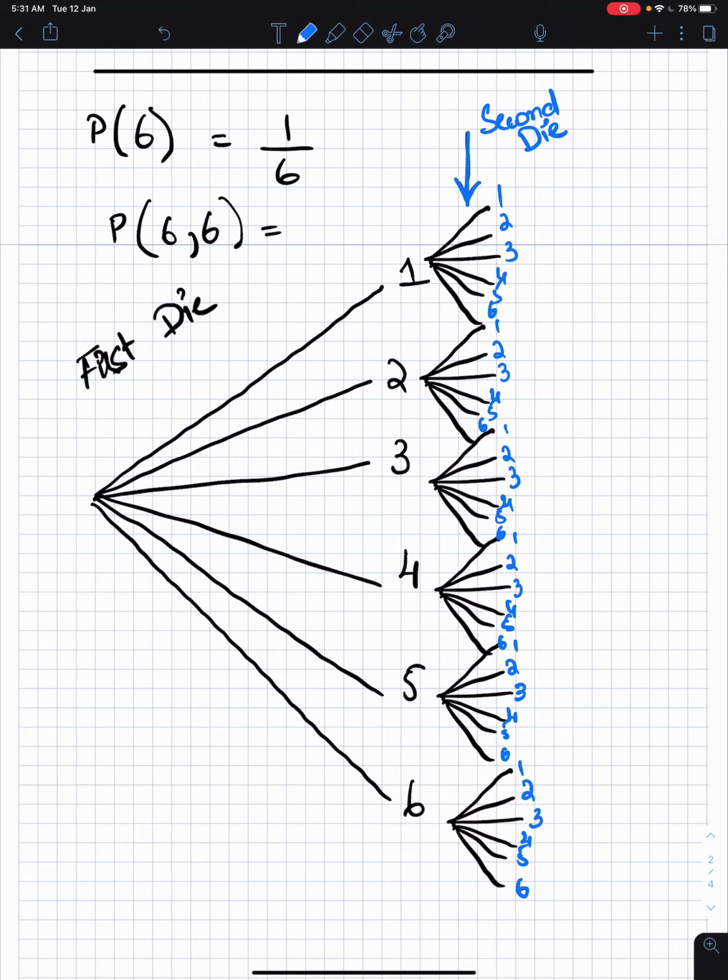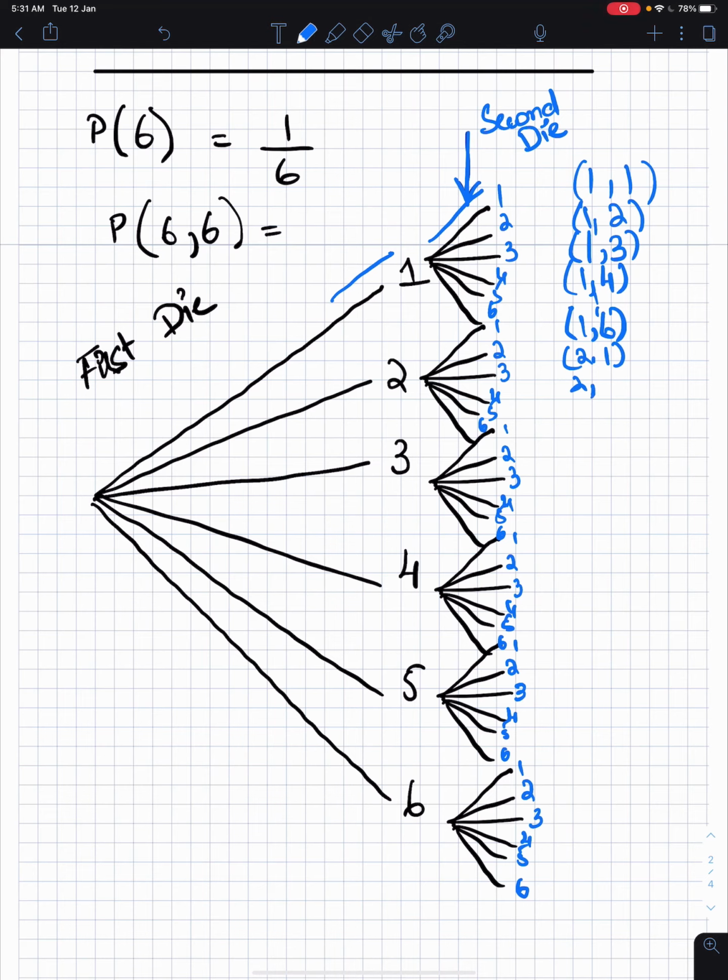अब इसमें से देखें हमारे पास टोटल पॉसिबल आउटकम्स क्या हैं. हमारे पास एक आउटकम है, पहले पे 1 आ सकता है, दूसरे पे भी 1 आ सकता है. सो 1 1 इज़ अ पॉसिबल आउटकम, 1 2 इज़ अ पॉसिबल आउटकम, 1 3 is a possible outcome, 1 4 up to 1 6, and then you have 2 1, 2 2. These are all possible outcomes. So अगर आप देखते हैं eventually you will have 6 and 6. तो total possible outcomes आपके पास 36 हैं.